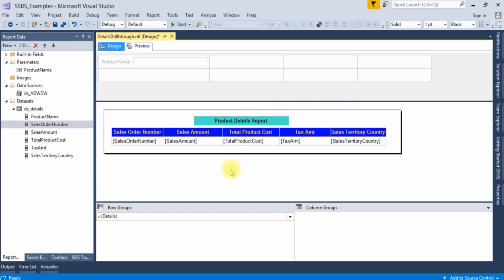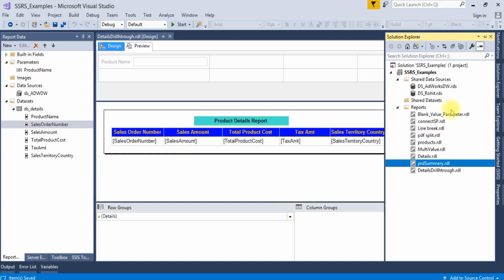Now our details report design is ready with all the required column names and parameters. Now we will design the main report.